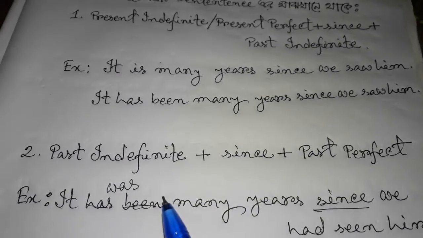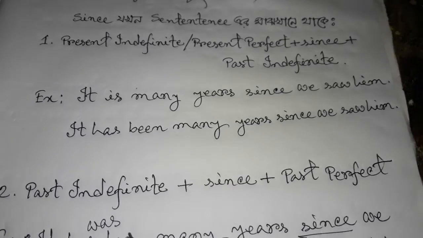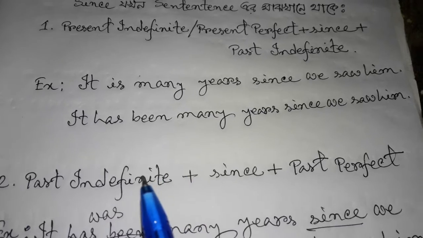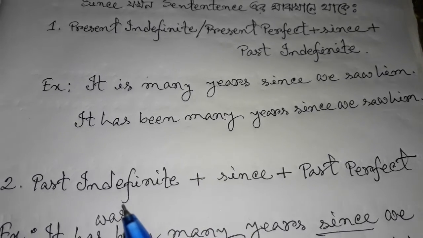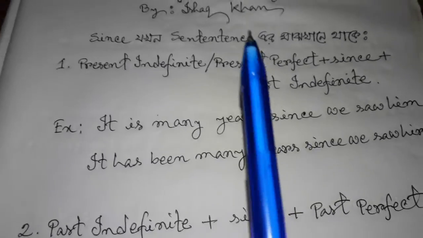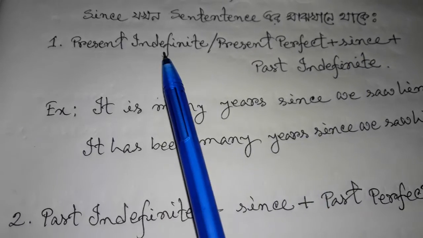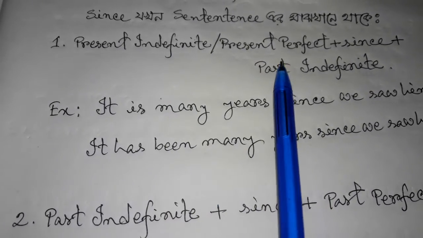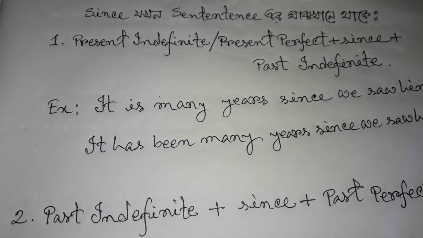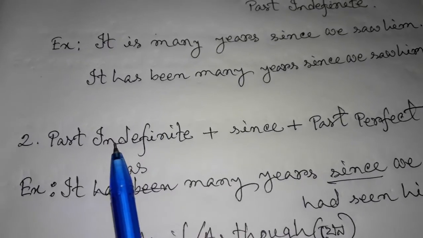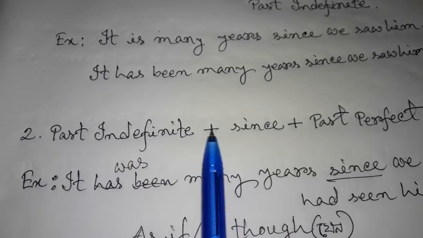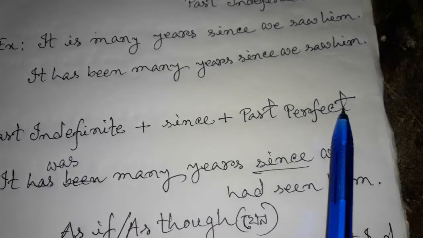Okay, dear viewers, you have to discover the similarities and dissimilarities between the two rules. If we compare the two structures, we can see that at structure number 1 we have used present indefinite or present perfect before since, and we have used past indefinite after since. And at structure number 2 we have used past indefinite tense before since, and we have used past perfect tense